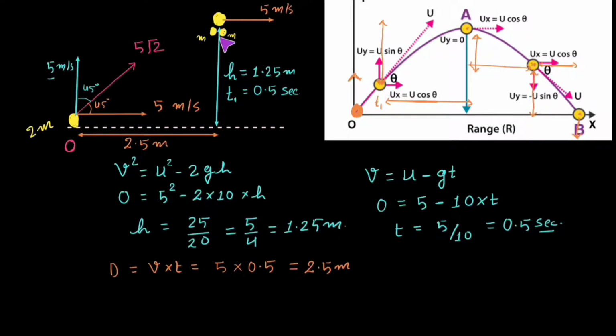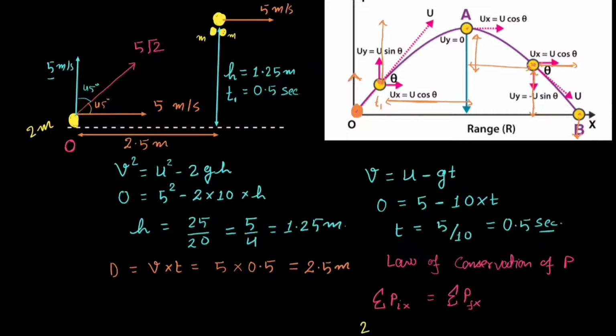So the only thing we have to calculate here is the momentum in the x direction, because at the peak the y component of the velocity is 0, and when the velocity component is 0, the momentum in that direction would be 0. So let's apply the law of conservation of momentum. Sigma p initial in the x direction would be equal to sigma p final in the x direction.